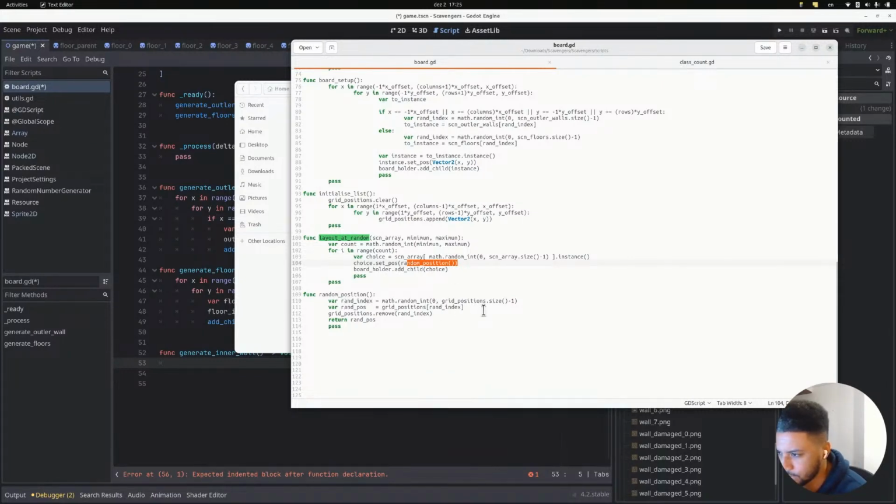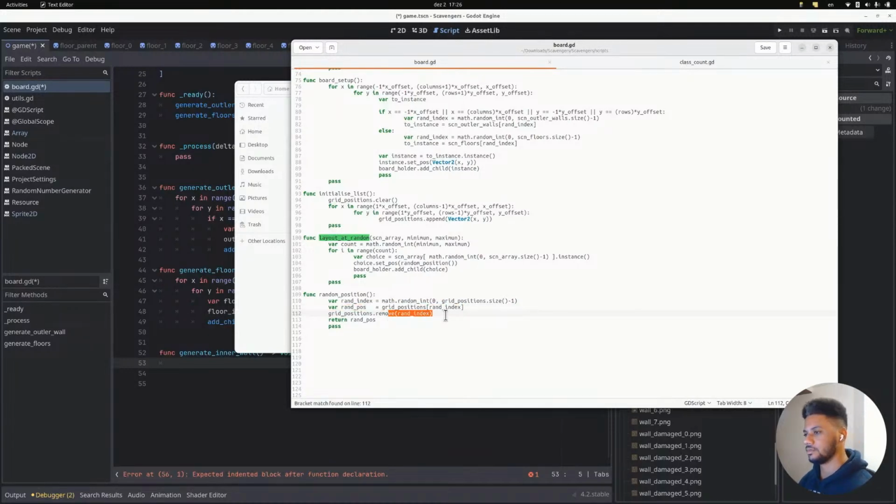So random position is a position from 0 to the grid positions. All right, so I see what I'm doing. I have grid positions that has all of the positions in the board, in the map, and as I am adding items like a food or an inner wall, I remove that position from there, which makes sense